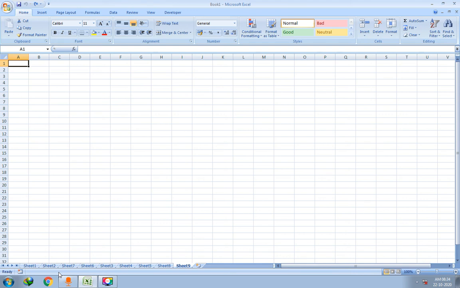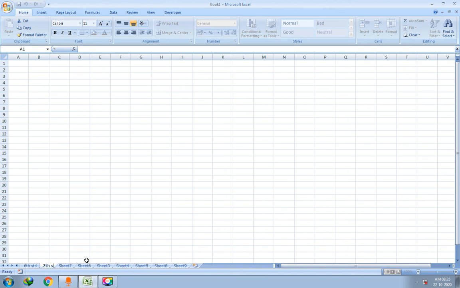Okay, now let us see how to rename a worksheet, right? So the first way is double click the worksheet name. Now where is my worksheet? My worksheet is here. There are a lot of worksheets, you can select any one. I will select the sheet 1. So I will double click this. After double clicking, you can rename the sheet. Let me put the name 6th standard. For sheet 2 I'll give the name 7th standard. Double click and then give the name.